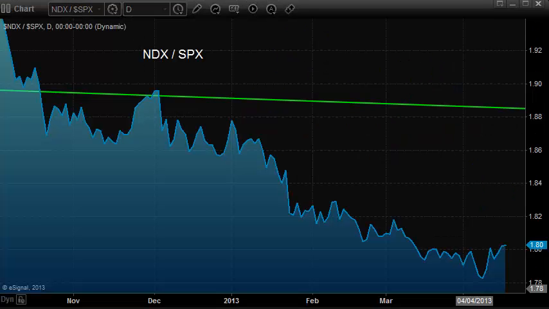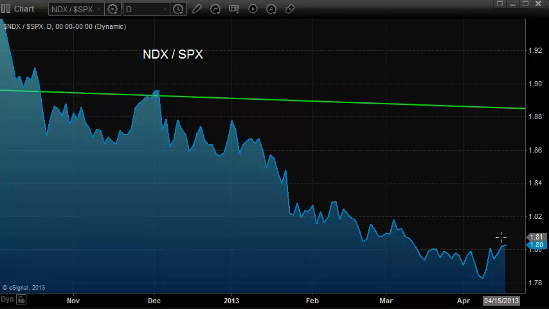Now here in this important cross, the NDX divided by the S&P, we're actually starting to see the potential of a bottom forming. We've got this little break line here to keep an eye on at 180. We're just nudged above that. If we start developing some positive relative strength in the NDX, that would definitely be very positive for the broad market, because the broad market is so much more extended on the year than the NDX side is on a relative basis. So the NDX coming on could be something that would really support the market overall,